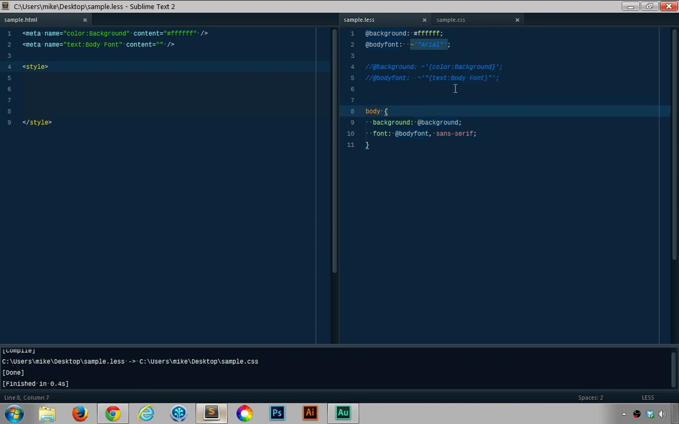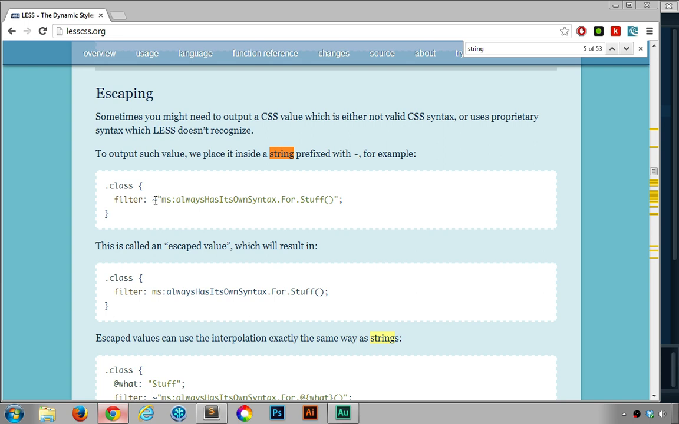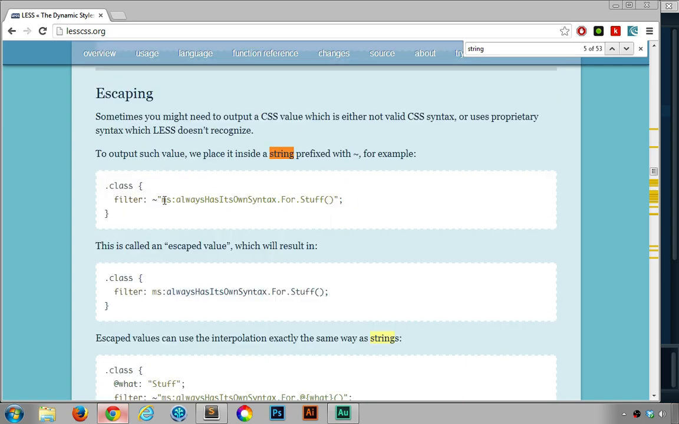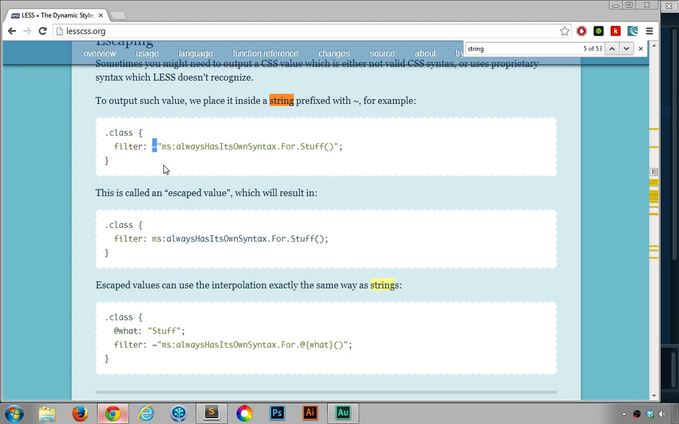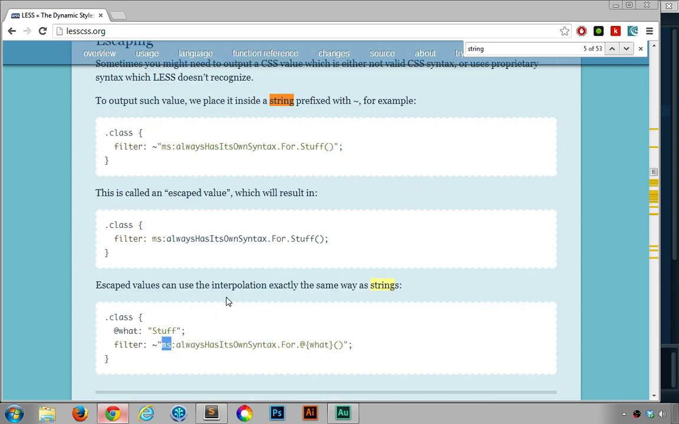The way we can do this is by using escaping on the strings, and I'll link to this in the description. But the very short version is that if you include a squiggly line before your string, Less will ignore it. The example here is actually to show you how to get something Microsoft related past. I think originally I've seen this being used on the alpha filters, which is going back to IE 7 or 8. Anyway,